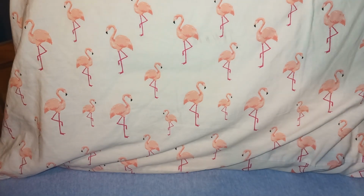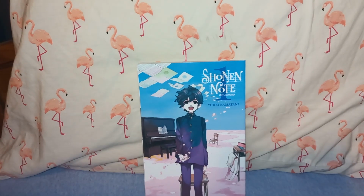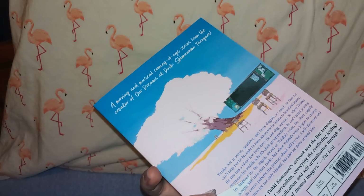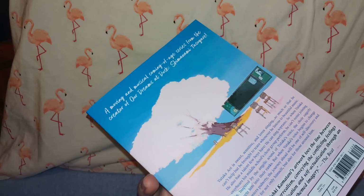Next up, another one I'm so excited for. This is Shonen Note, Boy Soprano by Yuki Kamatani. Ray from Whimsical Pictures has been speaking about this one for such a long time, and I'm so excited that we got this in English. Yuki Kamatani did Our Dreams at Dusk, which is one of my favorite